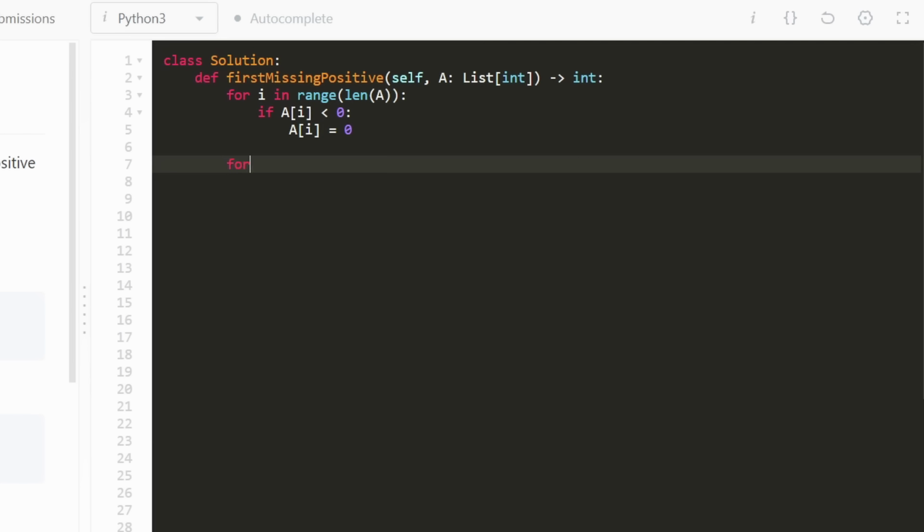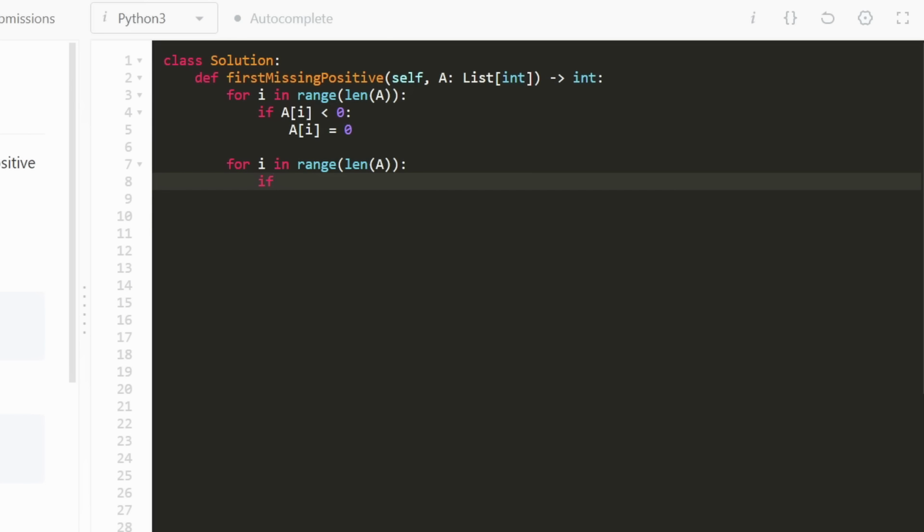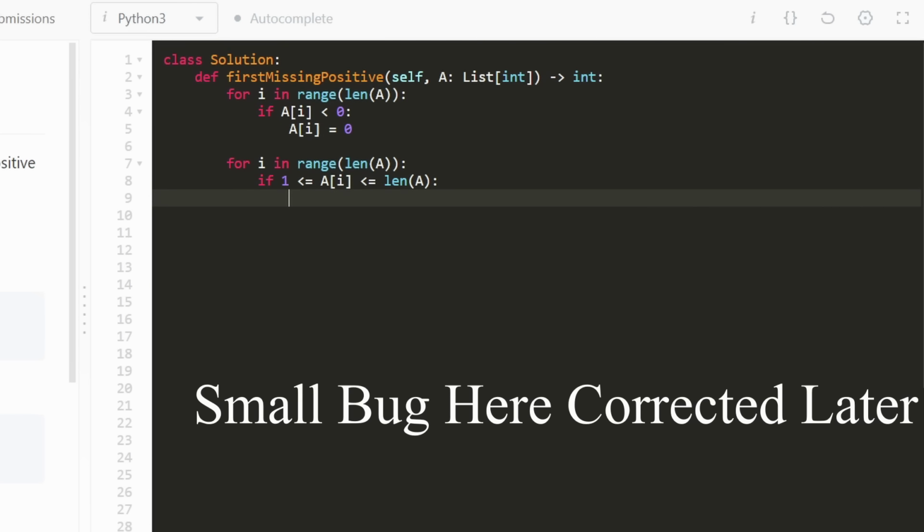The next portion of this algorithm is going to be another for loop, just iterating through the input array. But this is the part where we're marking if a value exists in the input array or not. So we're overwriting the input array A. But remember, we're only doing that for values that are in bounds. So basically what I'm going to say is if our value at A at position I, index I, is between 1 or the length of the input array A, if that's the case,